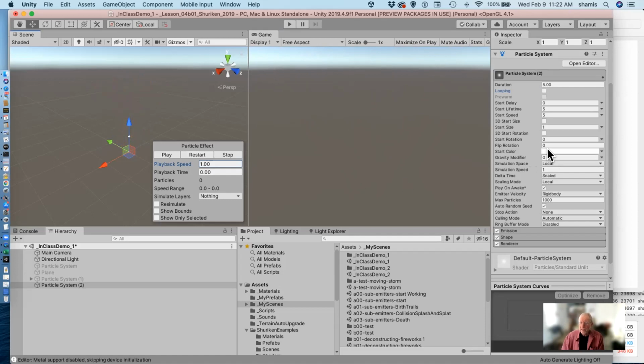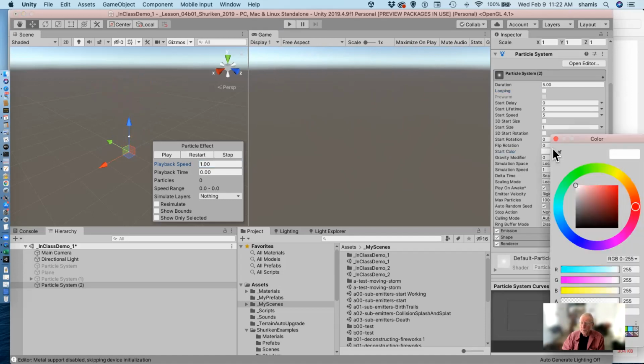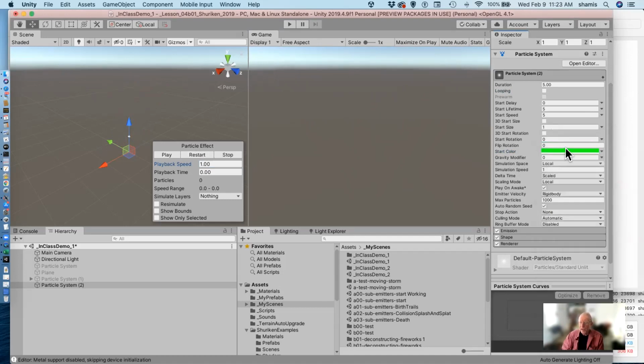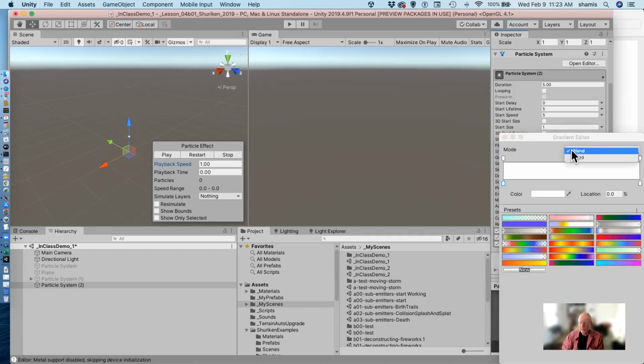Some of these settings, like the start color, which by default is white. Here's the little color inspector thing. I have it set for RGB, and I can specify the different values of my different colors or move this around in whatever way I want. And here's an example where we can put a gradient in here. This gradient, and here's the gradient editor,